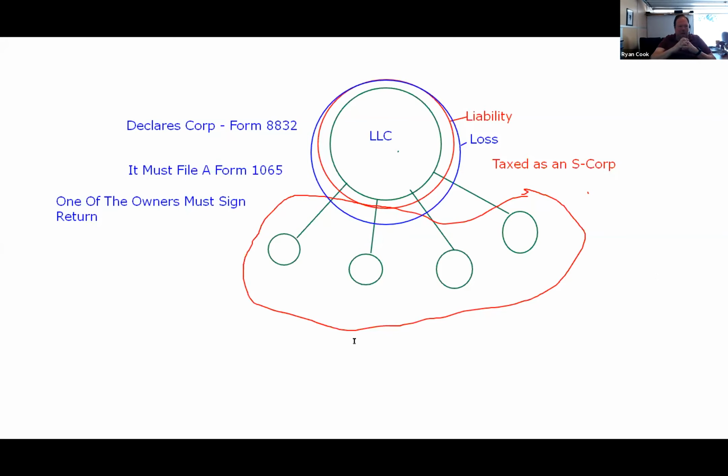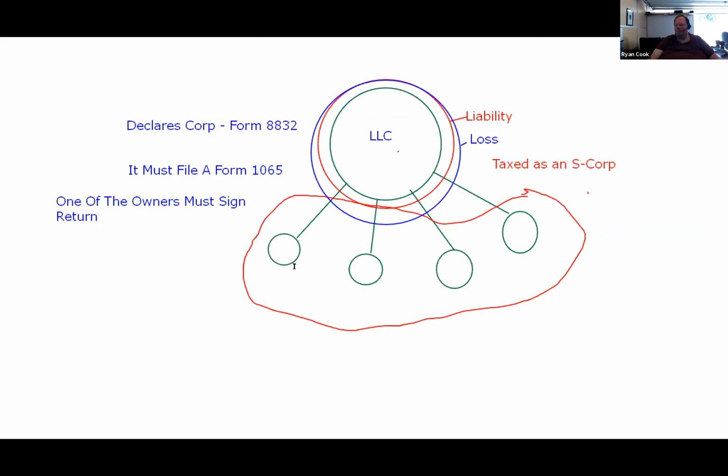Okay. And again, here's what's really cool. This is open to everyone. That's an important thing. Everyone can basically open an LLC. Remember that, because the next one we're about to explain, you'll understand why in a second. This can be Tina, Bob, Mike, and me. Whatever. Tina can be the person who files the 1065 because she owns the greatest percentage of the partnership.